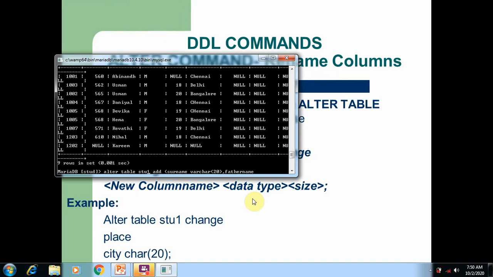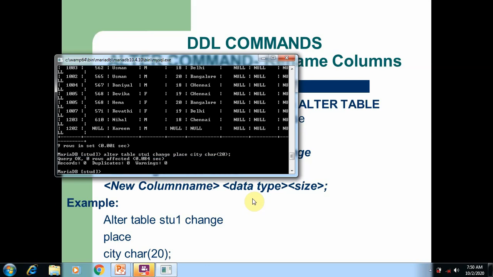So alter student1, simply use the word change, column name, place the new name for this column, city, and its new data type char, and execute the command. Of course the query is okay, 9 rows affected.